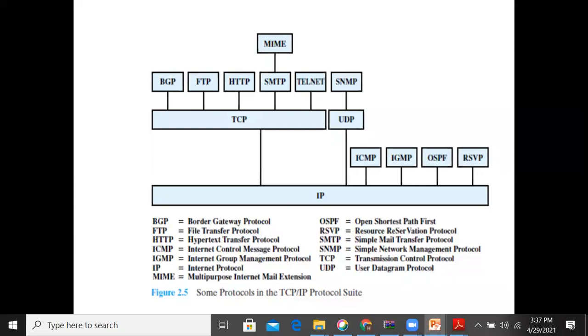In the transport layer we have the TCP or UDP header: the TCP header has one format, and the UDP header has another, which we have seen. For IP we have two versions, IPv4 and IPv6, and we have seen the two header formats. So that is about the TCP/IP protocol suite.